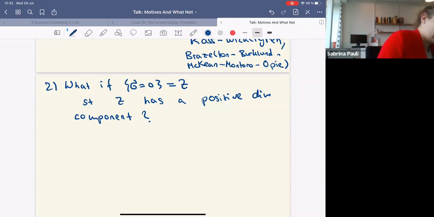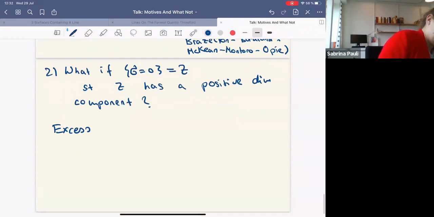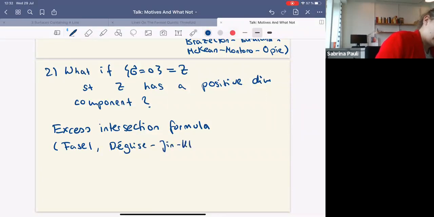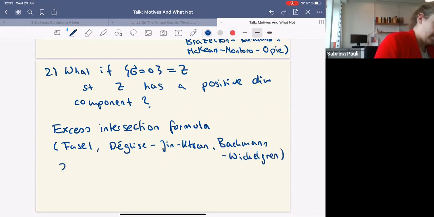And this has been done. So there's an excess intersection formula for oriented Chow, which was first proven by Fazel. And then there's a paper by Diglis, Jin, Khan, extending those results. And the formula for the Euler number I'm writing down now you can find in a paper by Tom Bachmann and Kirsten Wickelgren. Namely the following: if I assume that z in y is regularly embedded, then